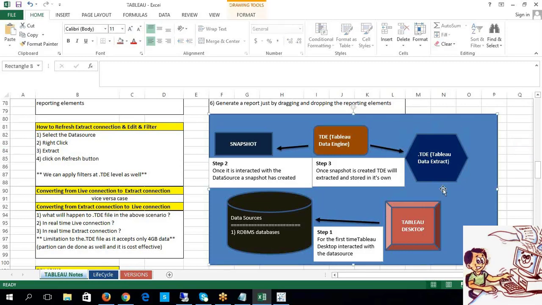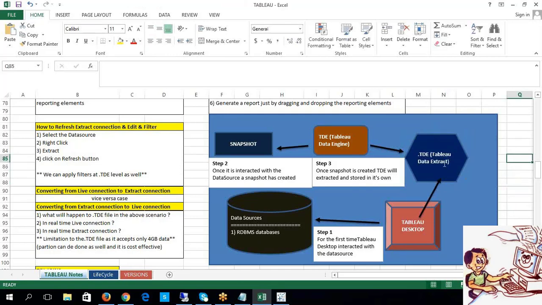Whatever snapshot you have taken, your Tableau Desktop will interact with your TDE. So what are we trying to do? Now I am not dependent on the data source. Now I am dependent on this TDE file, the Tableau data extract file.